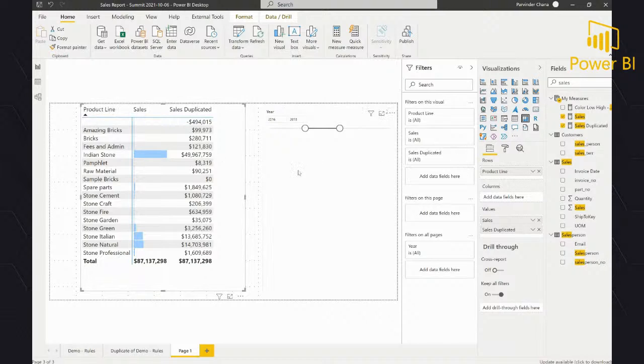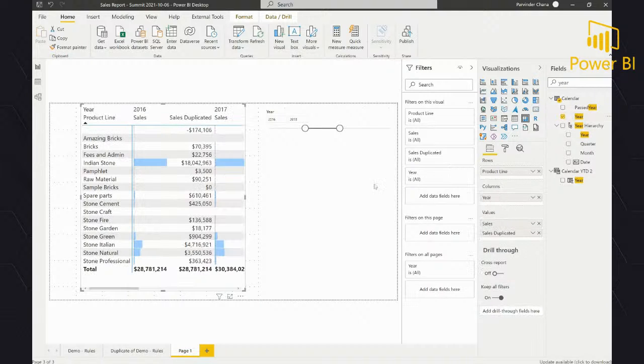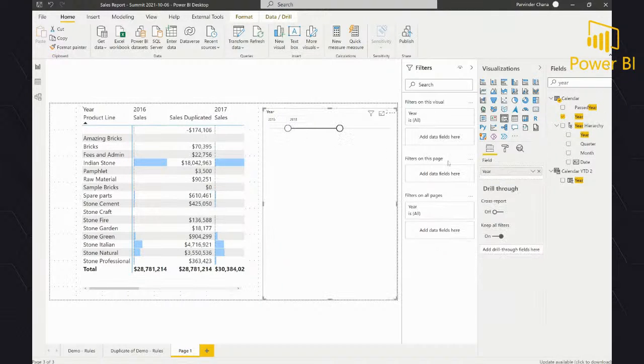So if I want to highlight my product line and I'm using a matrix visual for XYZ reason, and let's say I have year on my column, so it's showing the sales by years. I'm going to remove the duplicate one just for the sake of it.